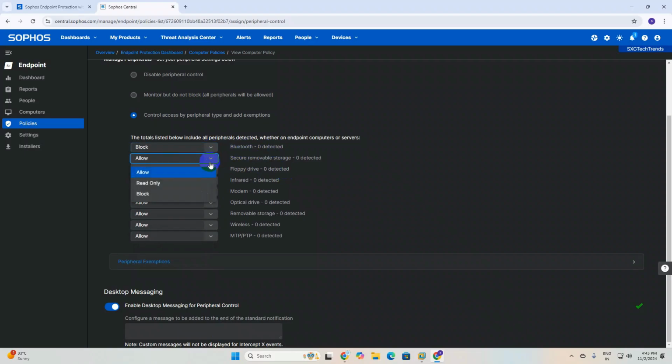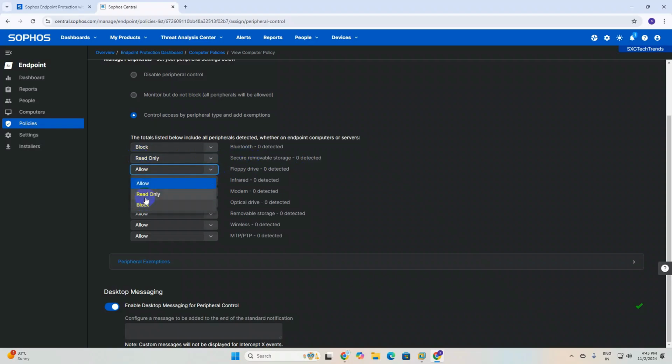I don't want to allow it in my organization, because some of our users connect headphones and then misuse them. And for removable device, here you can select read only. He can attach any pen drive, but he can only read, and he cannot copy and paste from client to pen drive, or pen drive to client. So you can click on read only.